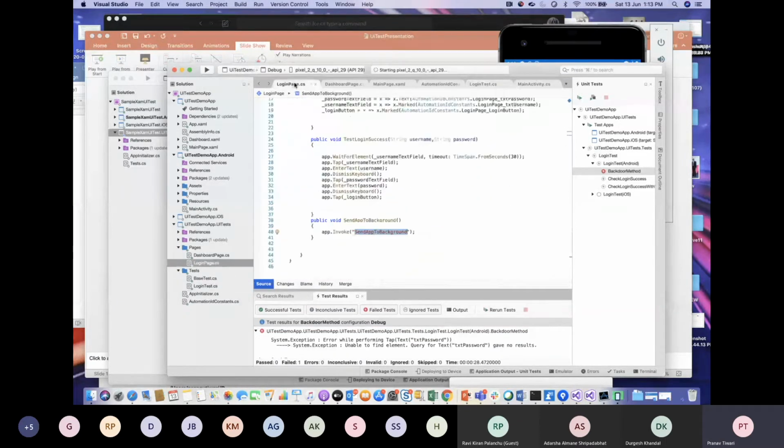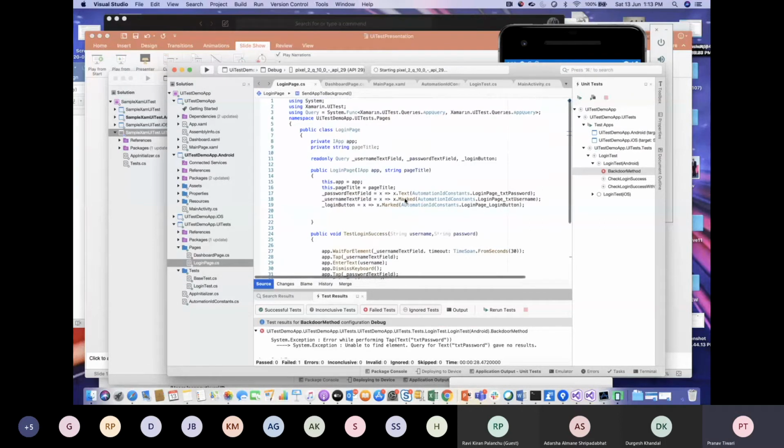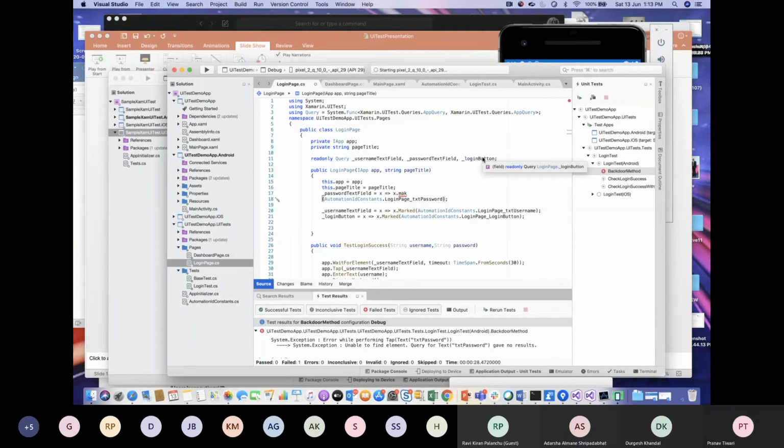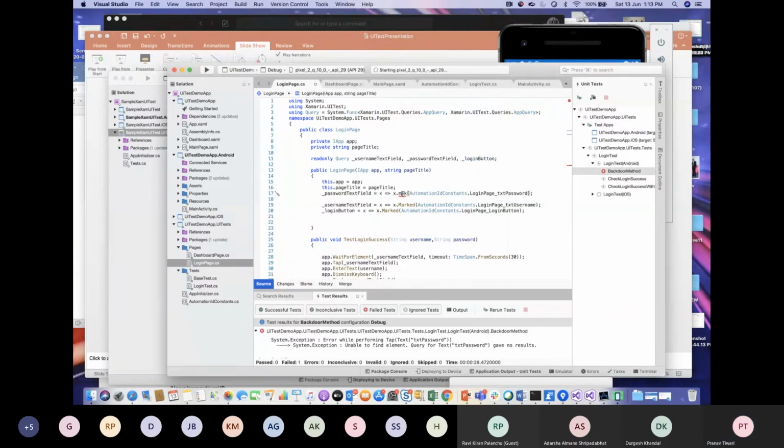Okay, this is because on the login page here I have marked it as text. It should be marked. That's cool. It's good to go.